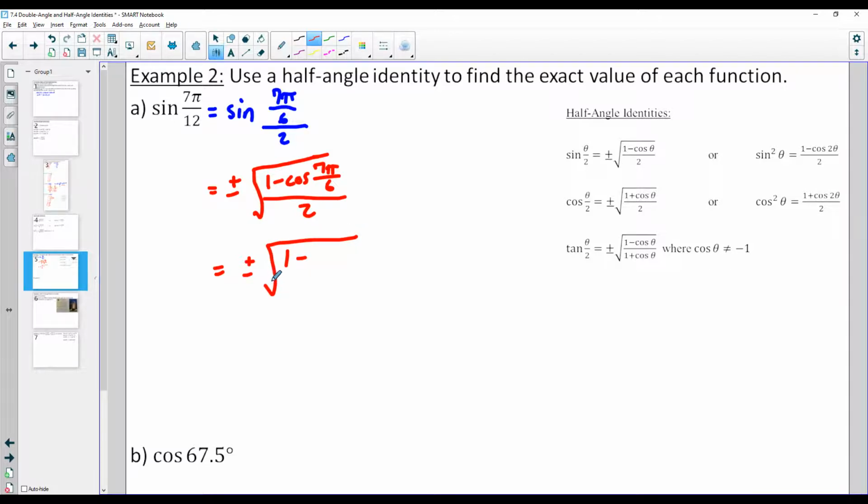Cosine of 7 pi over 6 is negative square root 3 over 2. If you want to use your calculator, that's fine. Or, again, think of a reference angle and use your triangles. We have a bunch of ways to do it. We learned that in the beginning, so I'm not going to keep going over that. If you have questions on how you would get this without a calculator, please let me know, because that is